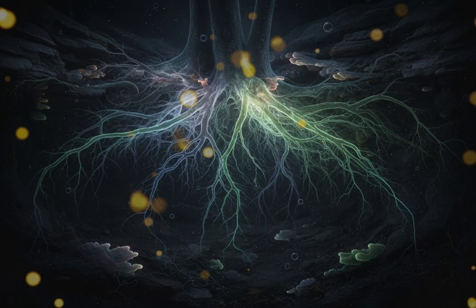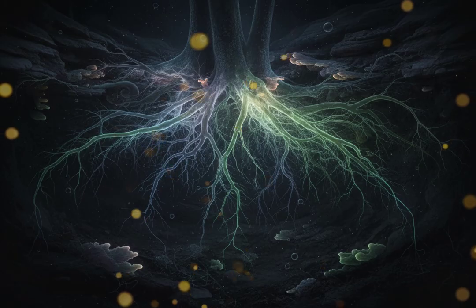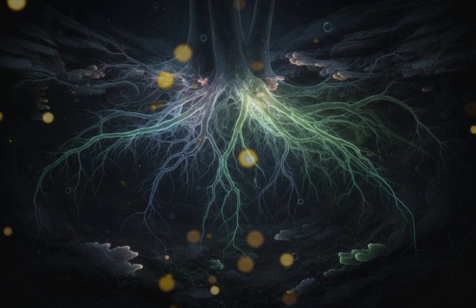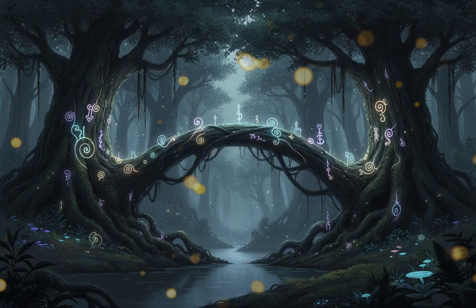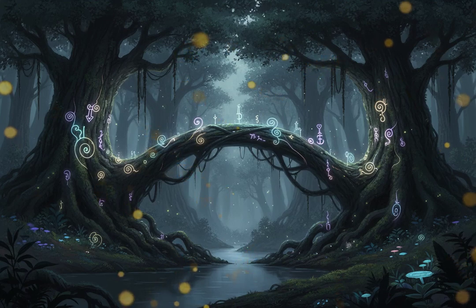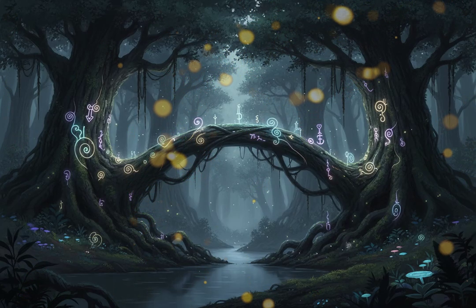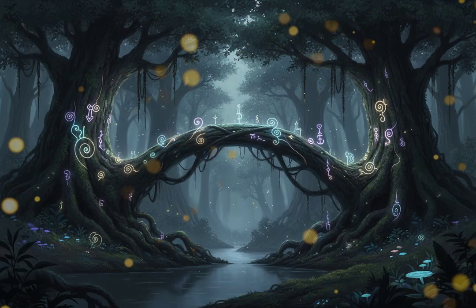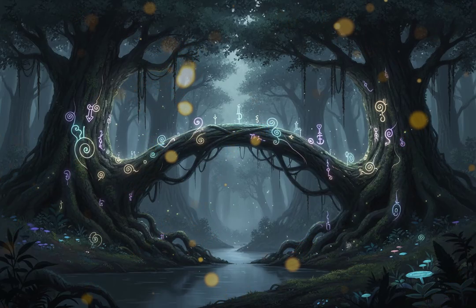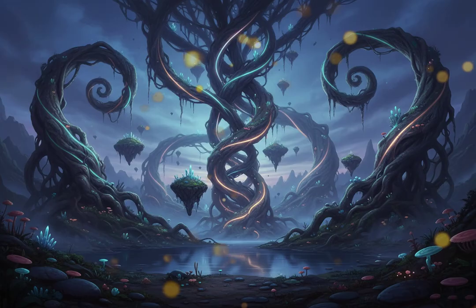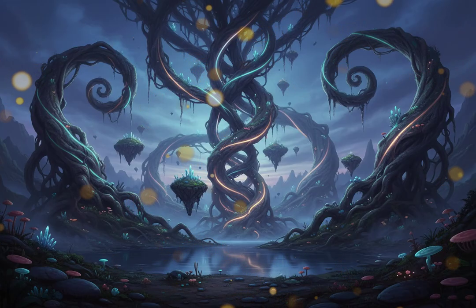forest. One of the most impactful strategies involves the conservation of older trees, often referred to as mother trees. These majestic beings play a crucial role in the forest community, serving as central hubs for communication and resource sharing. By protecting these trees, we not only preserve their individual legacy, but also safeguard the rich web of relationships they maintain. Imagine a towering ancient oak, its wide branches providing shelter and nourishment to a myriad of organisms. By ensuring the health and longevity of such trees, we foster a thriving ecosystem that benefits all species within the